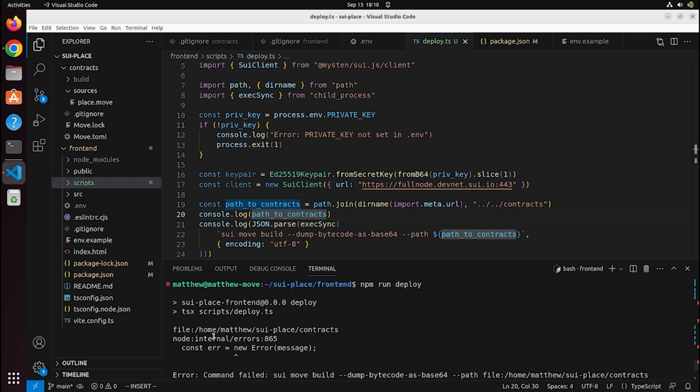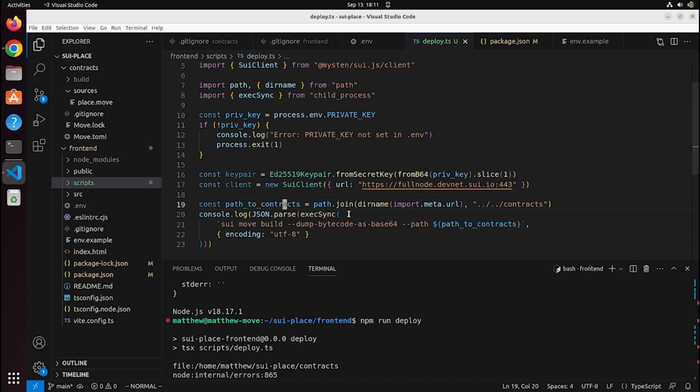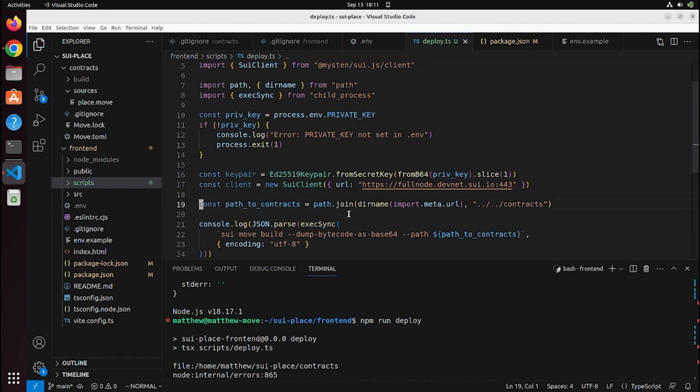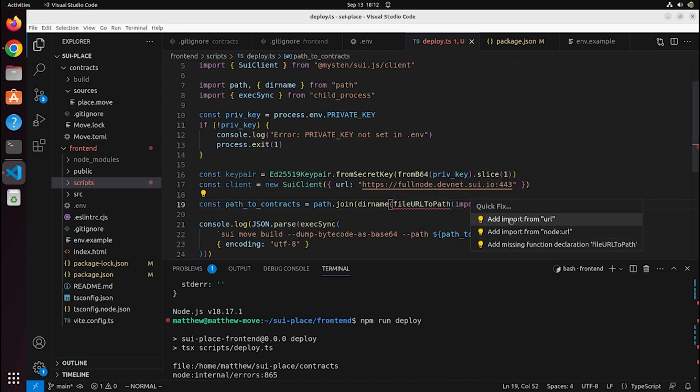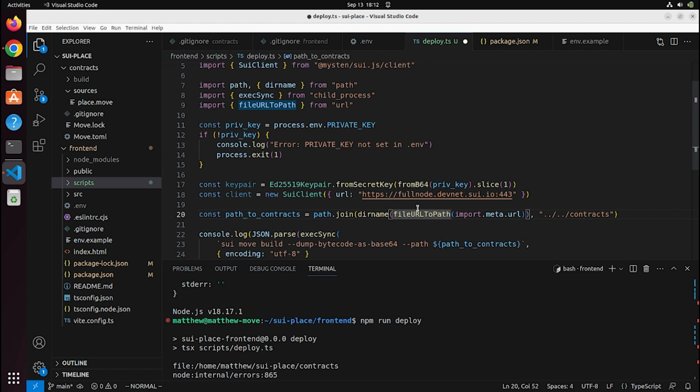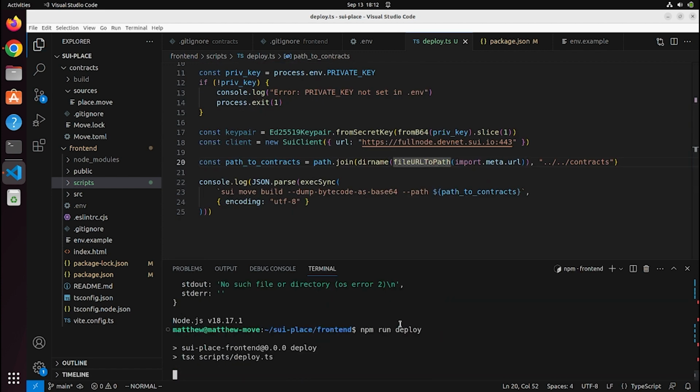It says that. Okay, so I found out the issue, and it turns out that I misread my notes, and we also need to wrap this import.meta.url in another function called fileURLToPath. That's just a little bit of formatting because import.meta.url doesn't give you the actual path of the file directly. It gives you some kind of special string, and we need to parse that special string using this. And we can add the import from url. Great. And then when we run it again,